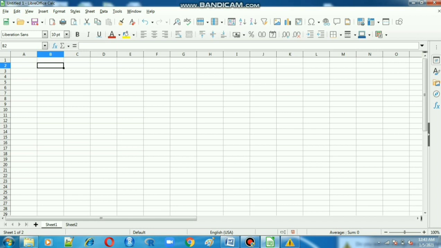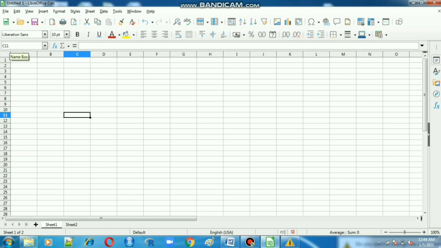Next, what is a cell? This box is called a cell. What is a cell address? Column C, row 11, C11, that is called a cell address. That address is displayed from here, C11.